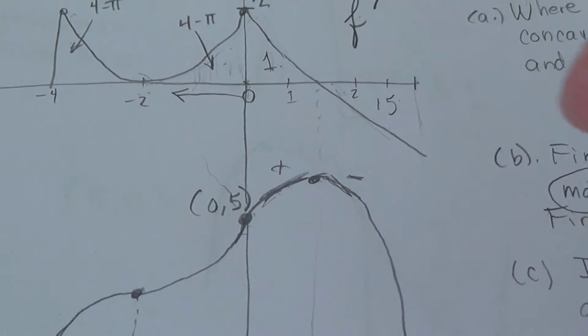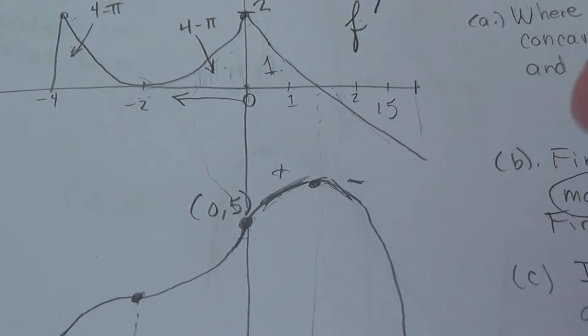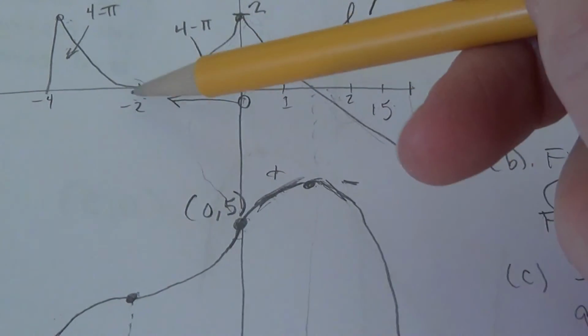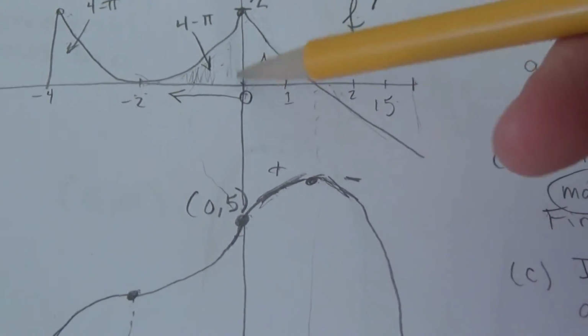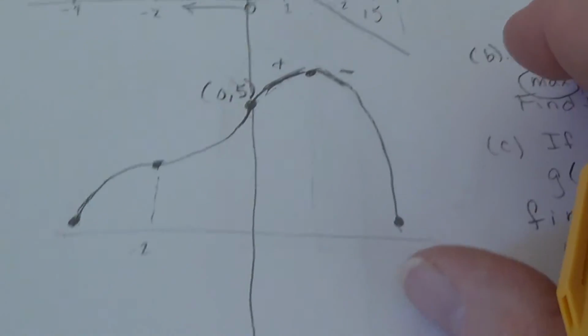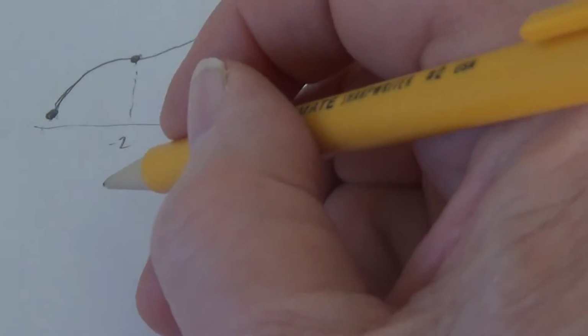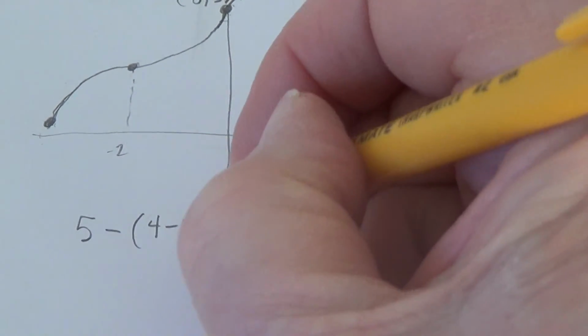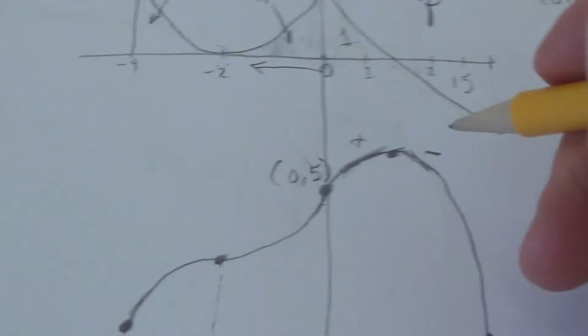So normally we would integrate from the lower number to the higher, but here we're going from the higher number to the lower number, which creates a negative position change. So that means we were at 5, and then we subtract 4 minus pi,